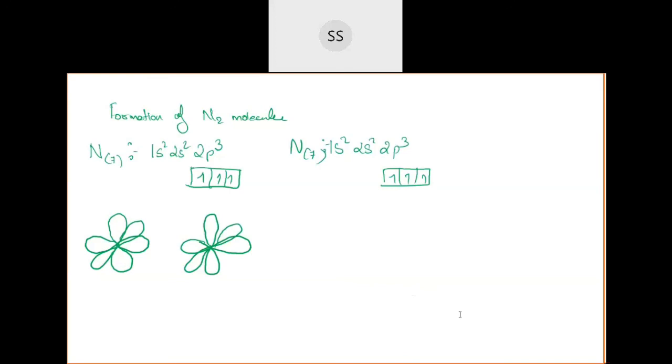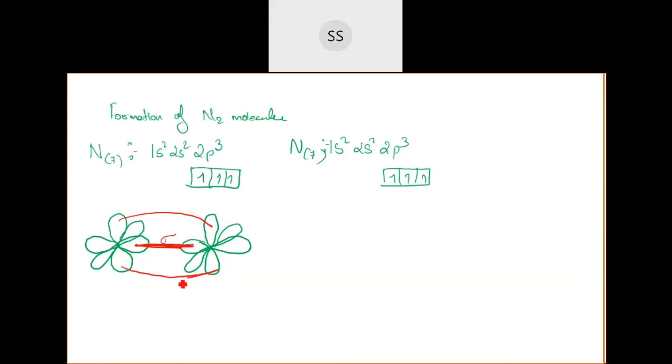Yes, very good. That is what it is. Here if you see the orientation, I hope now you are able to get it. If they are fusing like this, they are coming on the axis, where they can combine straight away, side by side, end to end. If they are able to combine end to end, that means the possible bond is a sigma bond. And another one, these two orbitals which are there, they are perpendicular. So these two will fuse together.